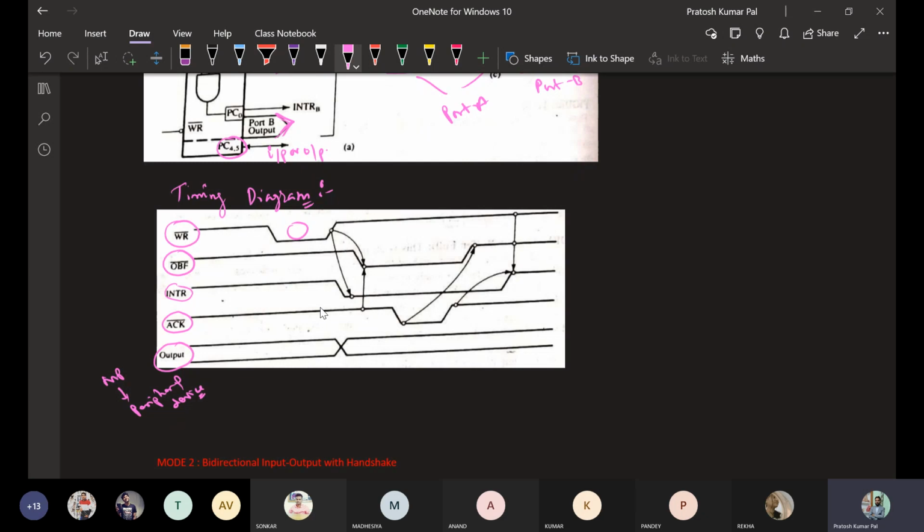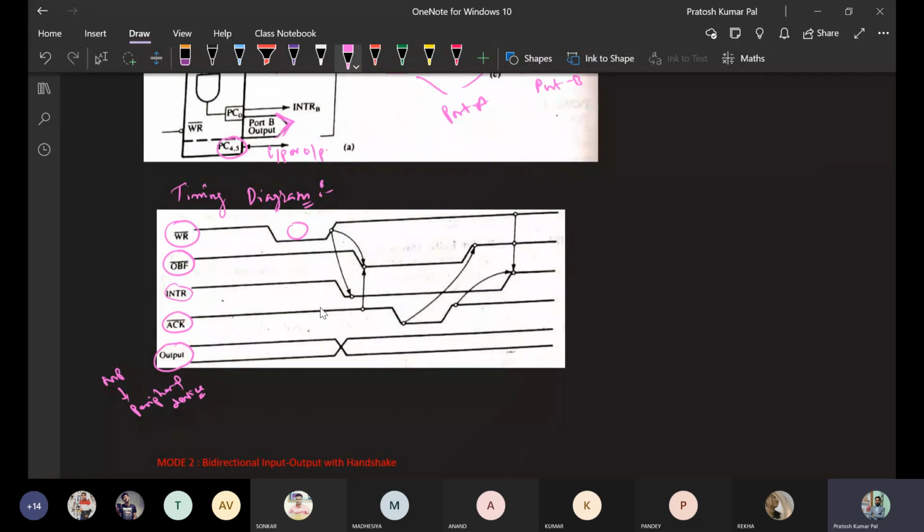So once it is going to deactivate, right, write is going to be deactivated. At that time the signal will also be disabled, like at the time the data needs to be transferred. So when this write signal is going to be high, changing from enable to disable, at that time the interrupt will be changing from enable to disable.